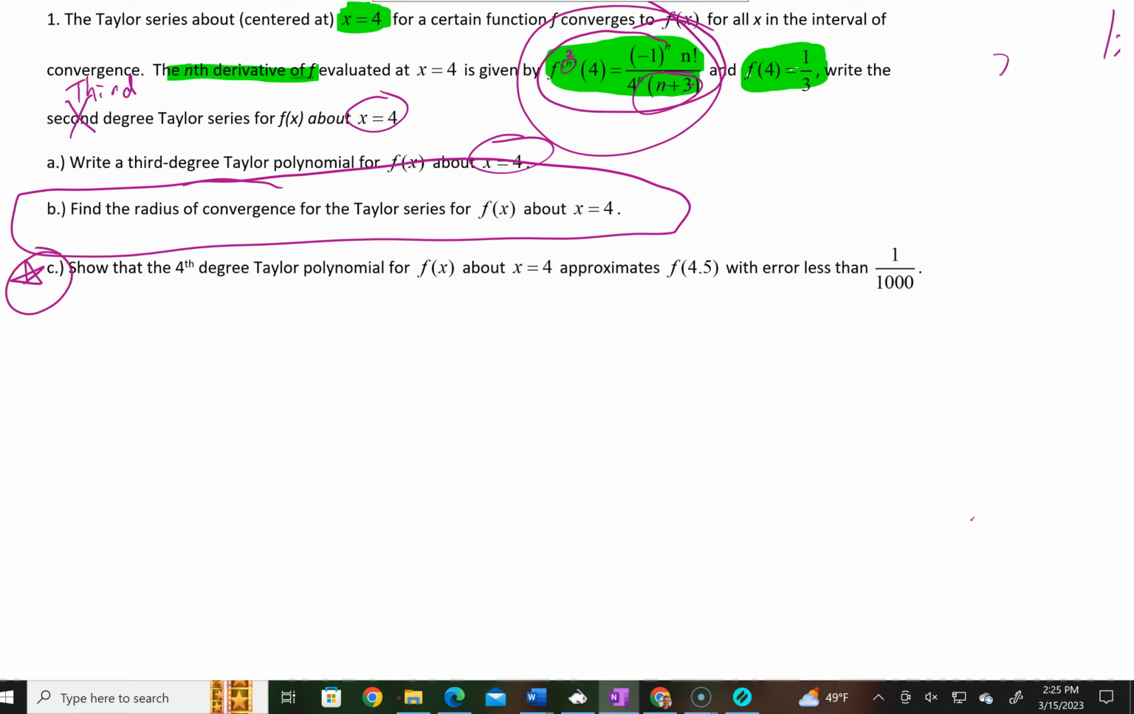That seems so cryptic, doesn't it? They're saying show that the fourth degree Taylor polynomial about x equals 4 approximates f of 4.5 with error less than 1 over 1,000. Oh my gosh, let me show you the slick, cool way to do it. If I did, hypothetically, plug in, kids will say, this isn't a fourth degree Taylor polynomial. Oh, I know,